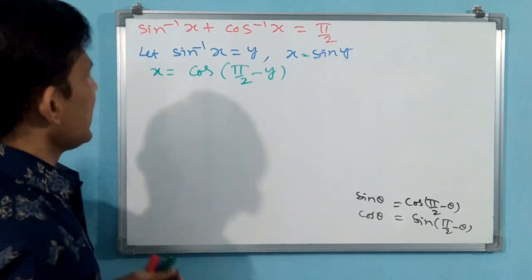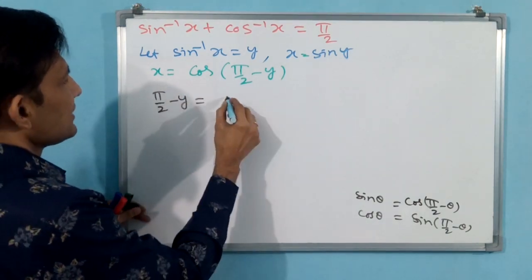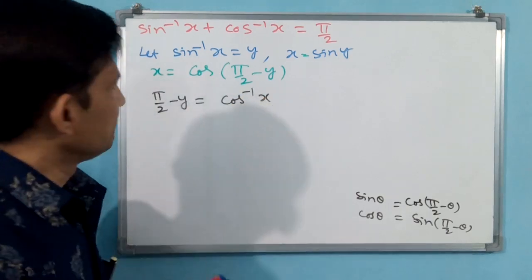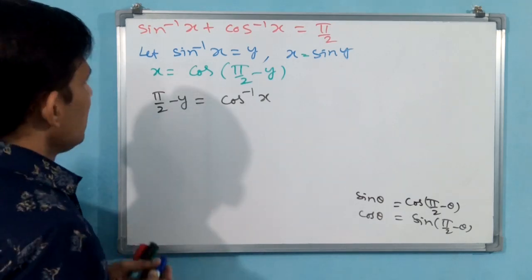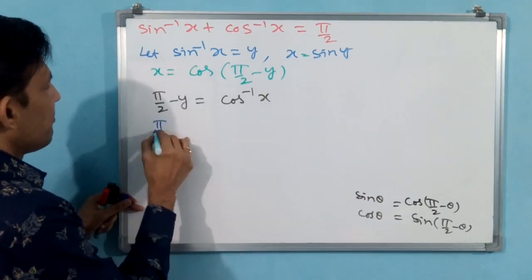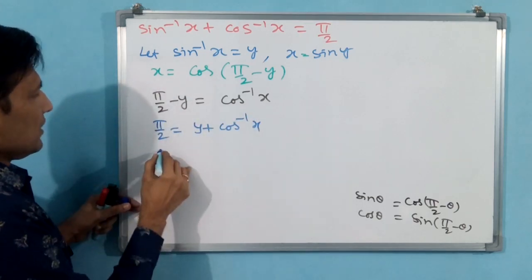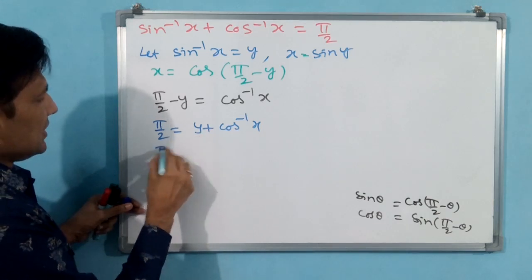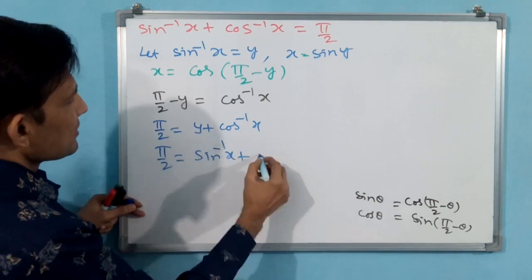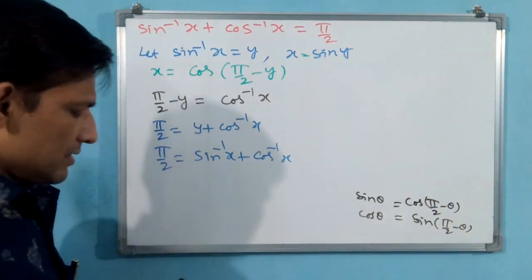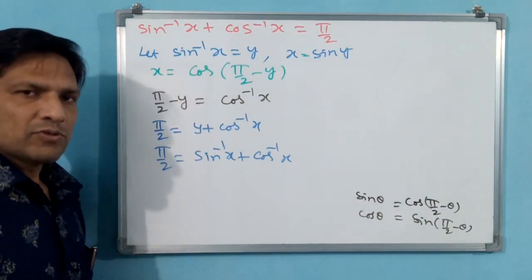Okay. Now what I am doing again, I am keeping 90 minus y one side, and I am sending this cos that side. Cos inverse x it is going to become. Now I am sending y also that side. Pi by 2 is equal to y plus cos inverse x. Now finally y is what? y is sin inverse x. I am writing again: sin inverse x plus cos inverse x. You understand this? Sin inverse x plus cos inverse x is equal to 90 degrees,